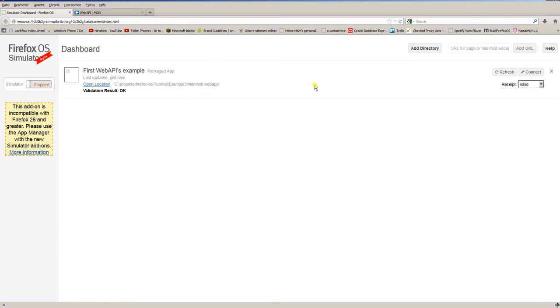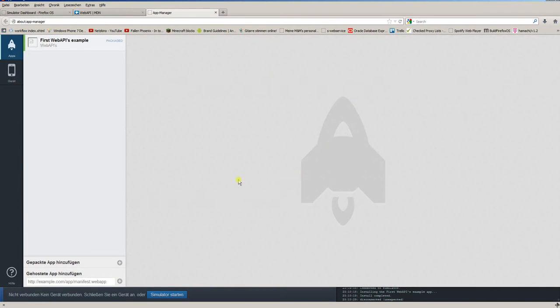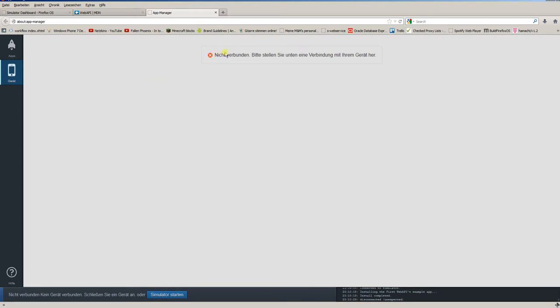So in this part I want to show you how to add these add-ons and to work with the new simulator add-ons. Let's take a short look at this new functionality. I choose web development and there's the app manager, and if I choose the app manager you see this screen. Here is my application, I already added it, and here you can work with the devices, and you can see here no device is connected, but alternatively I can start the simulator with this button, start Firefox OS 1.2,